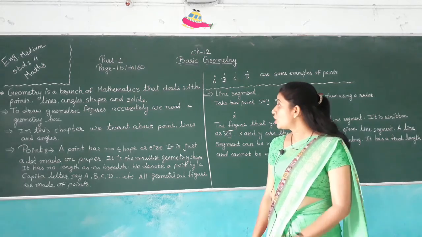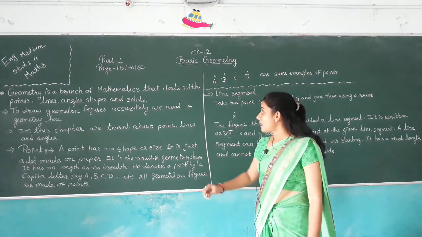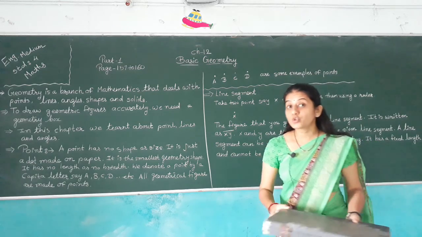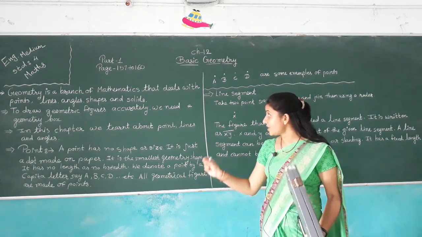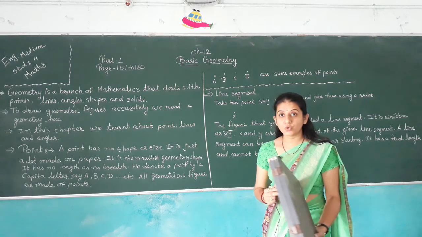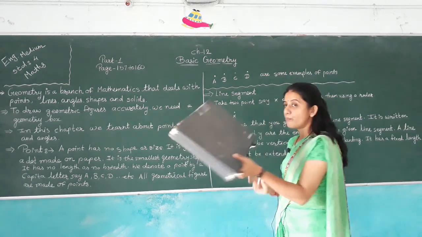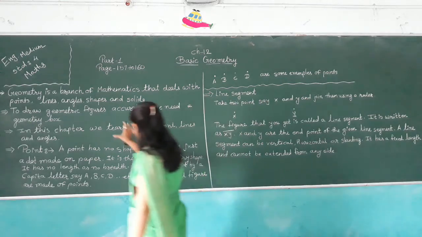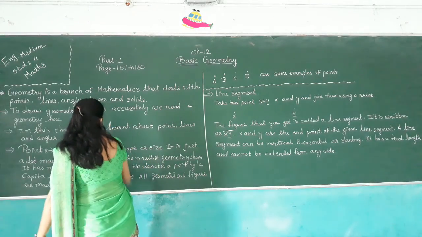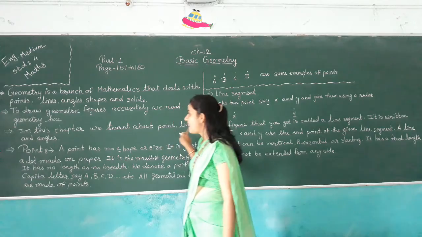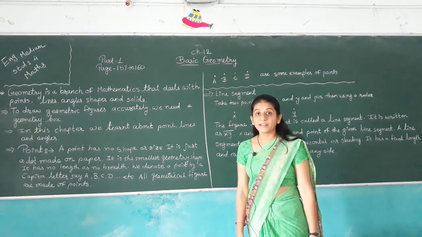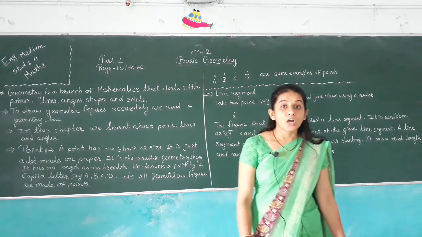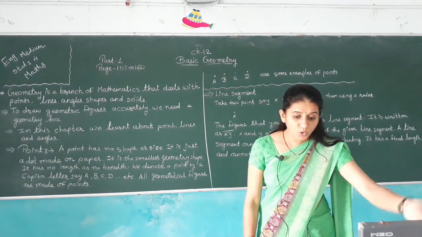To draw geometric figures accurately we need a geometry box. In this chapter we learn about point, line and angles. A geometry box contains the following things: two sets of